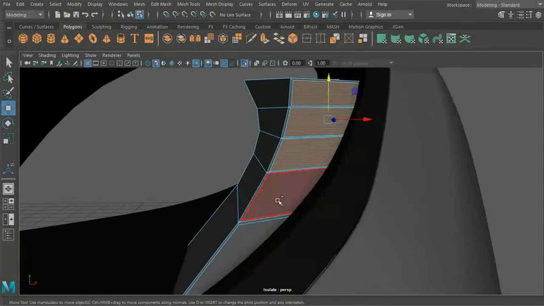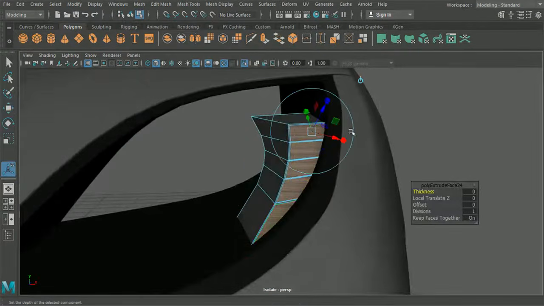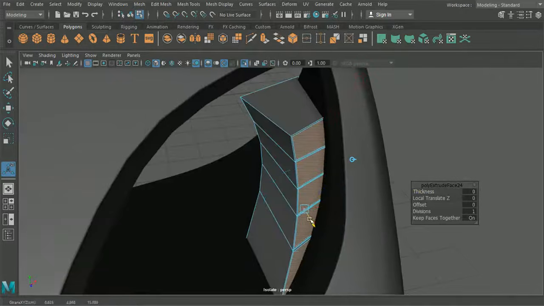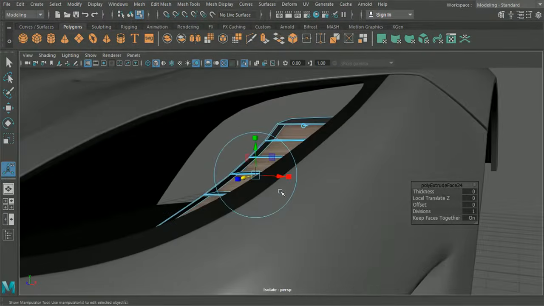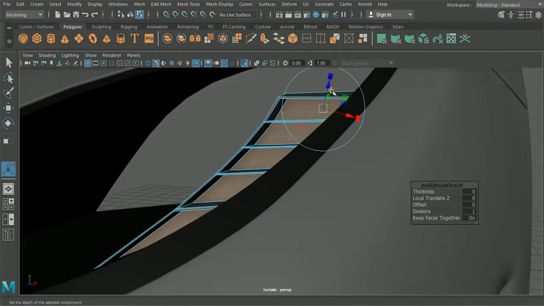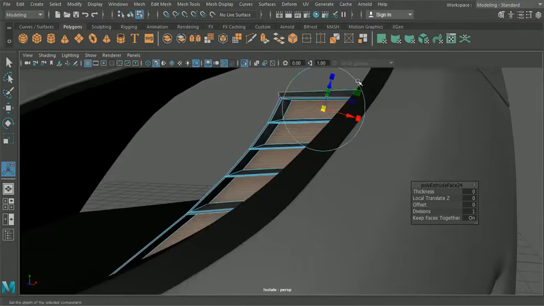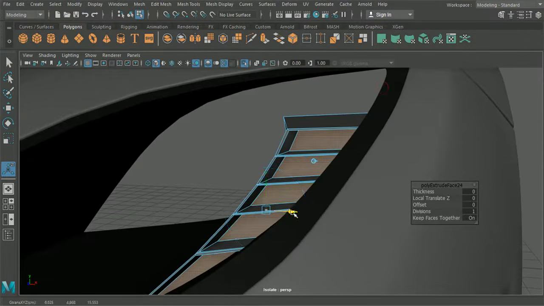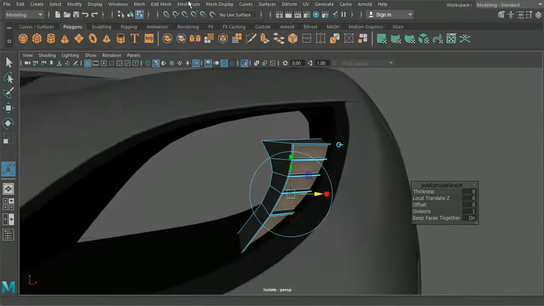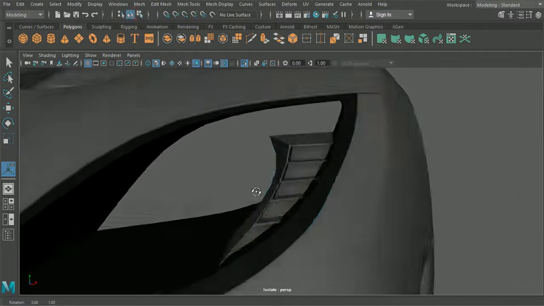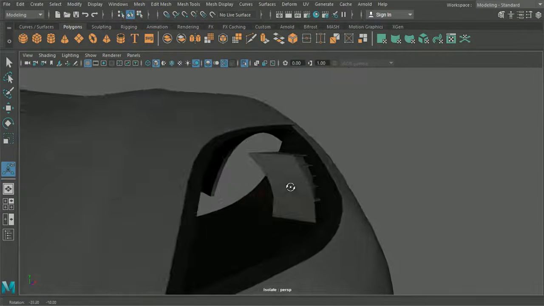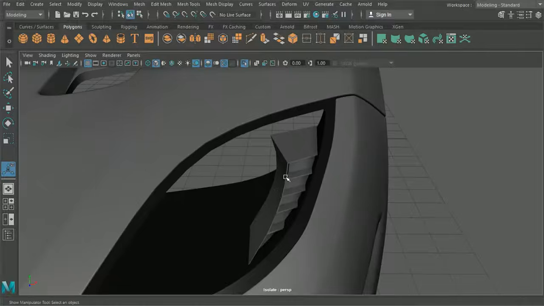So we'll grab each of these faces here now. We'll hit Ctrl E. And on the world option we will drag these in. Now it looks like they go in quite a little bit, something like that. And then we can maybe have them just scale in ever so slightly, just to kind of give it a bit more depth. Okay, so that's looking pretty good.